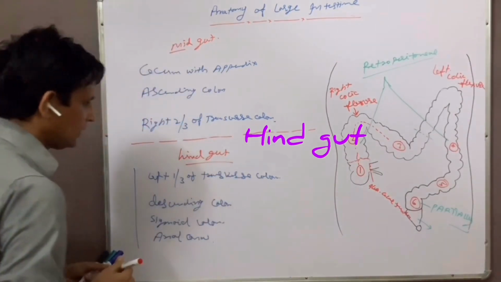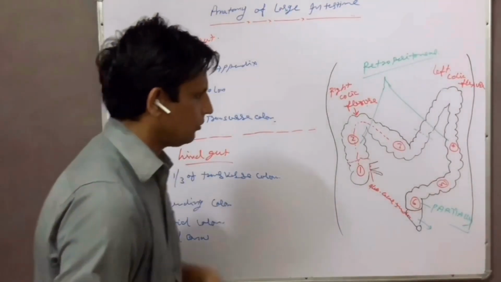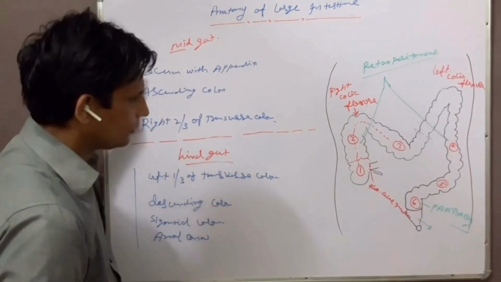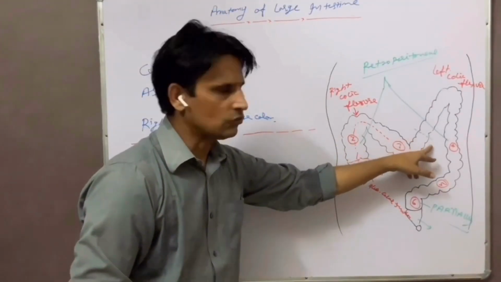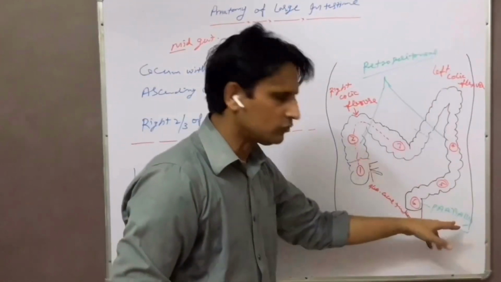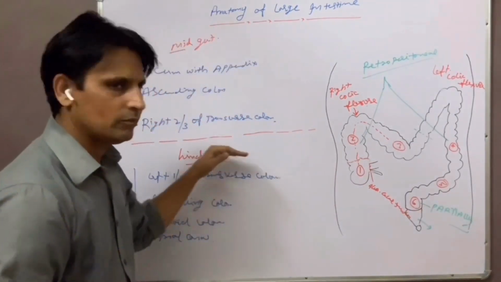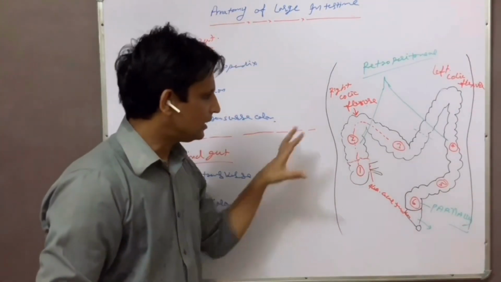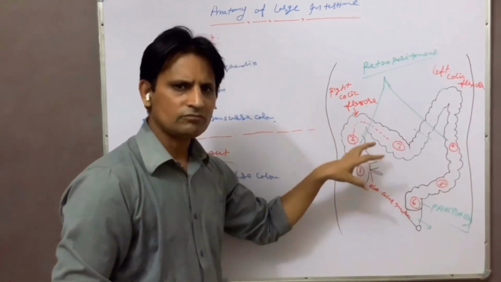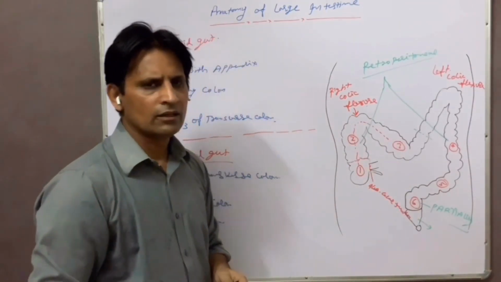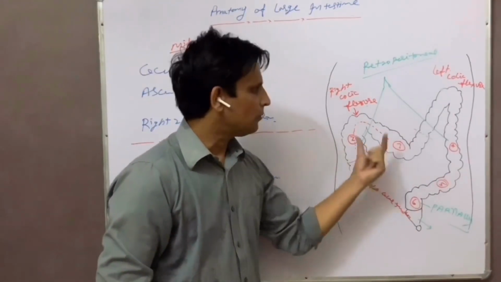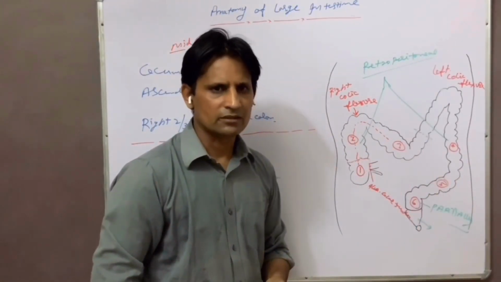So, the embryological development of the large intestine: the right portion, including the two-thirds of the transverse colon, is derived from the midgut, and the remaining part of the large intestine is derived from the hindgut. These are the basic structure, peculiarities and details of the large intestine. In our next class, we will discuss particular portions or segments. Thank you very much.